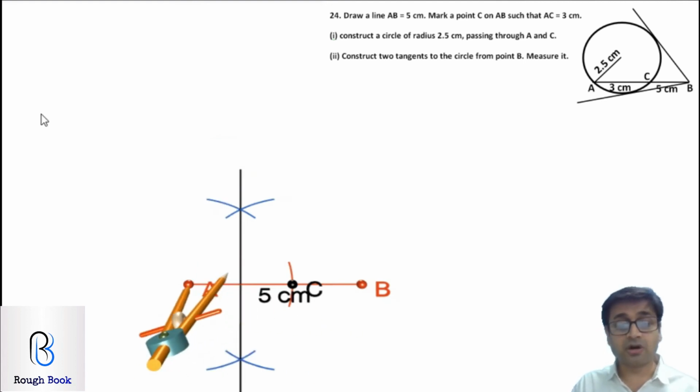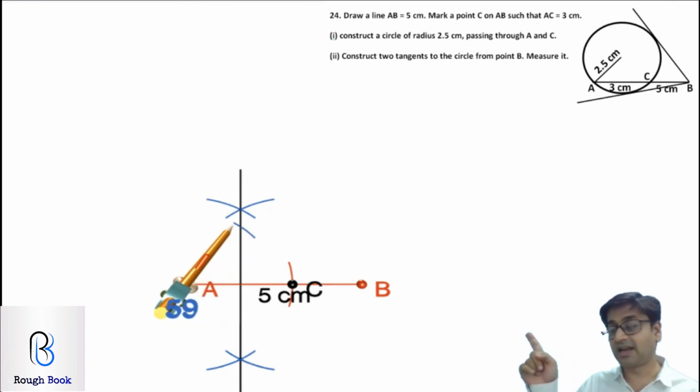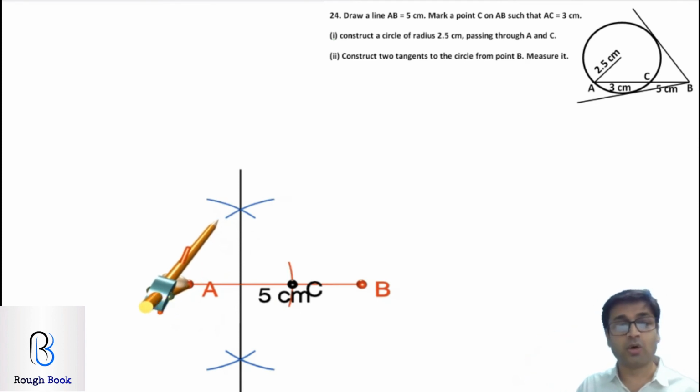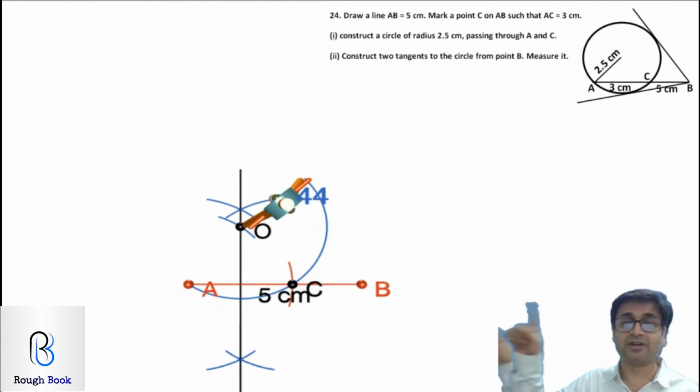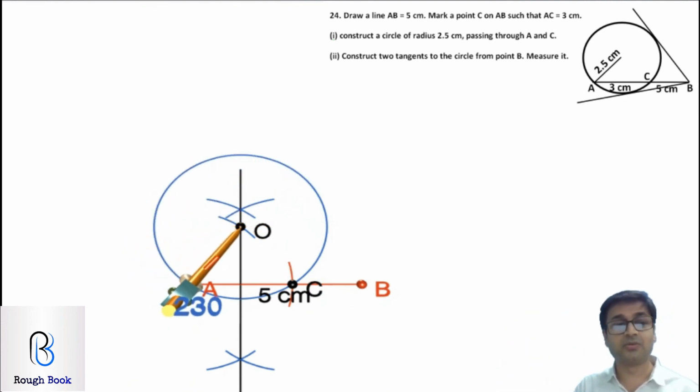We still haven't cracked how to draw the circle. Now that you got this bisector, point O is lying somewhere here. They have told you the radius. How much is it? 2.5. That means OA will be 2.5, because OA is the radius. So keep your compass on A and cut an arc of 2.5 and name that point as point O. There you go. Now that we've got this point O, can I now draw the circle? Absolutely yes. Keep your compass on point O, extend till A and draw your circle quickly. That's how your circle will look.